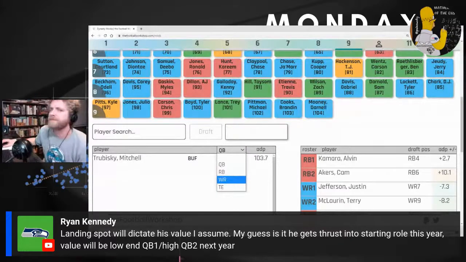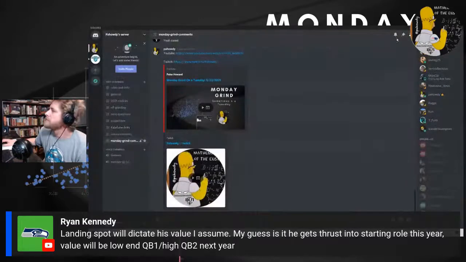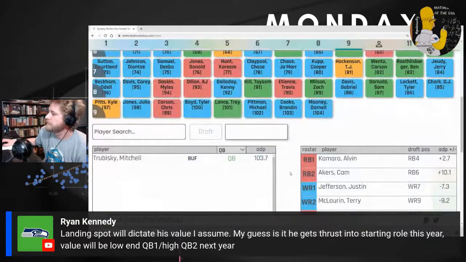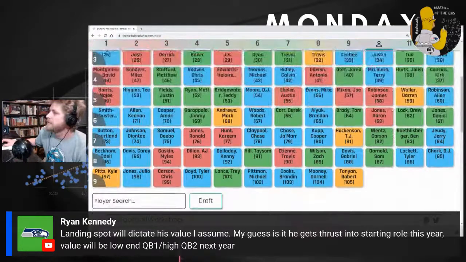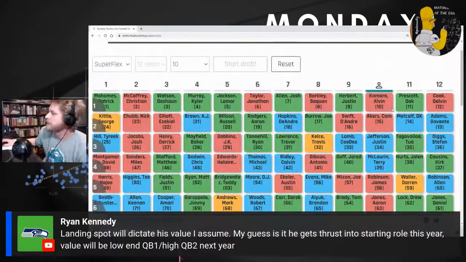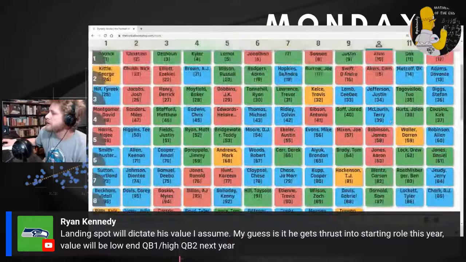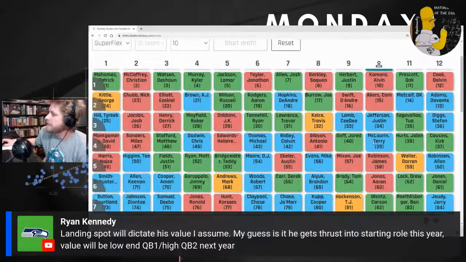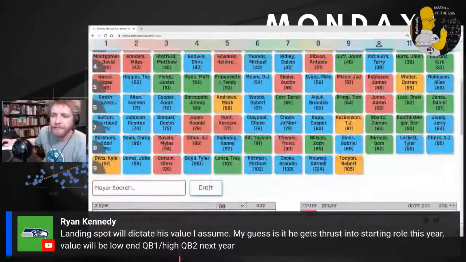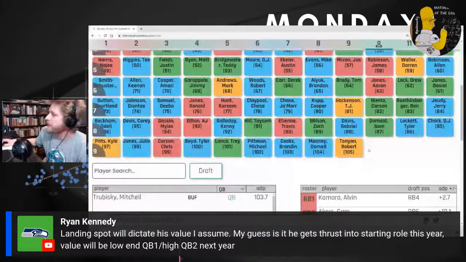It's all falling apart. Donald Mooney, Robert Tonyan. Okay, I thought he'd fall a little further. I like the symmetry of our first 6 picks. Red, red, blue, blue, red, red, followed by green, green. It looks pretty, you know what I mean? Symmetry is underrated. Oh, we're on the clock after Robert Tonyan.